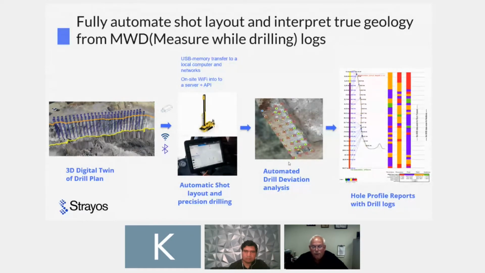And it allows you to quantitatively look at what went wrong and what went right when you go back and look at the performance of your muck pile. And now you've got hole profile reports with drill logs, and that's the farthest over to your right. It tells you from different things that you're looking at, whether it's penetration rate, feed rate, rotation speed, percussion pressure, depending upon the type of drill and what things you can record on it. And it allows you to look at that as well as look at your true burden in between holes. It's truly good there.